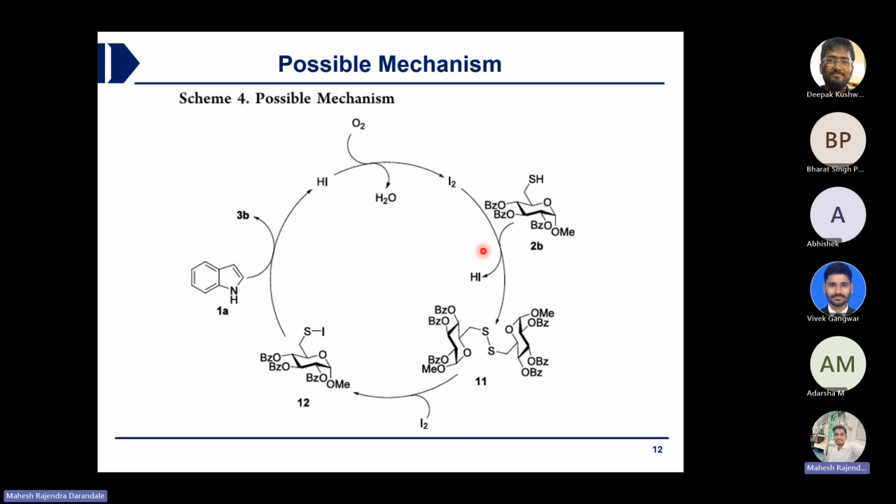It can. Basically, this sulfur will attack the iodine, then this bond will break, right? Here it can be possible. It's not a problem, I think, because sulfur is a good nucleophile. This HI is acid. That's why I'm asking. And further, the catalytic cycle will complete, and again this 2B will convert to the same, and again this process will go like a catalytic mechanism.